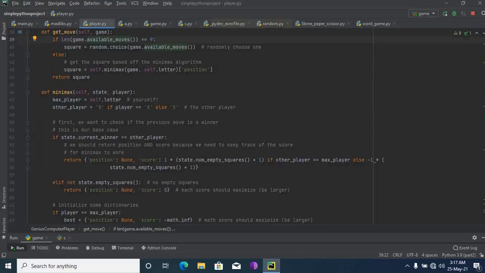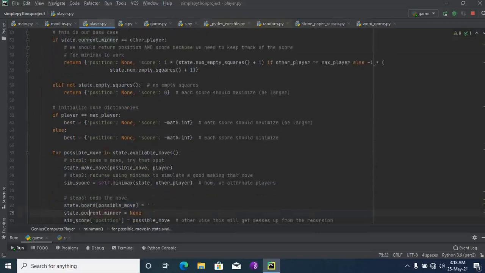Return position None, score: 1 plus state.num_empty_squares plus 1 if other player equals maximum player, else minus 1 times state.num_empty_squares plus 1. If this fails, else if not state.empty_squares, return position None, meaning a tie. Then initializing some dictionaries.